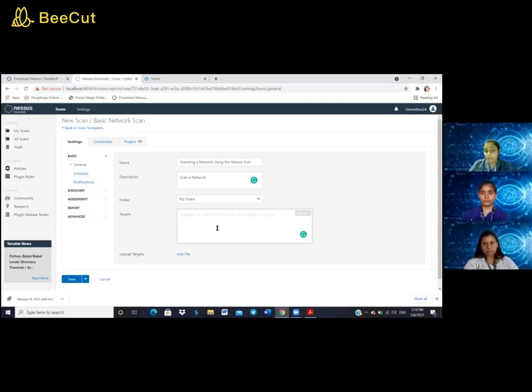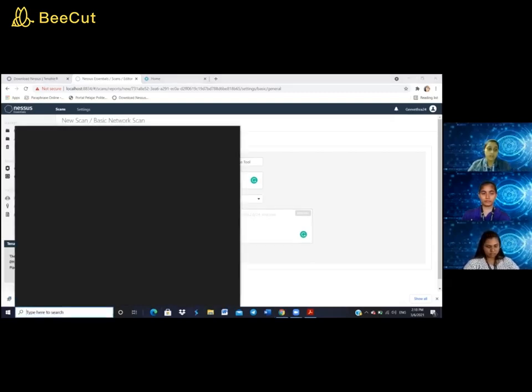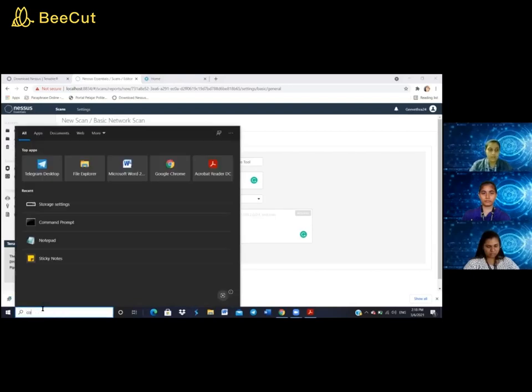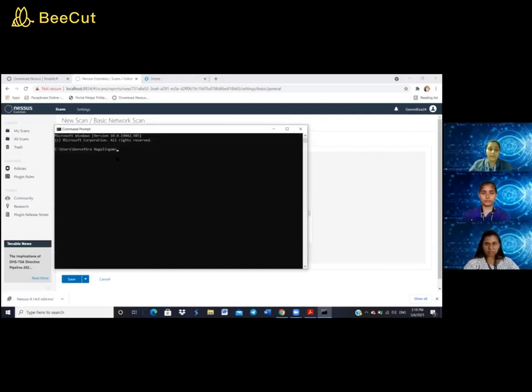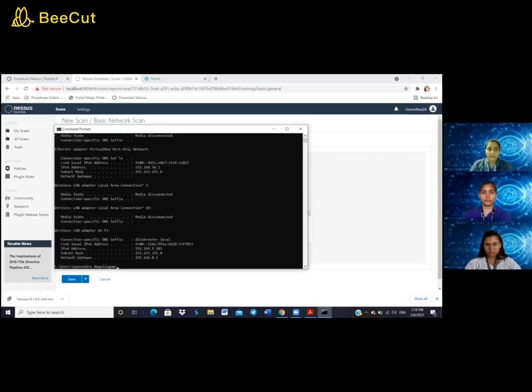I'm going to enter my IP address. To know my IP address, as IT students, we can go to command prompt. In the command prompt, I'm going to type ipconfig without any space and press enter, and I can see the IP address of my personal host.